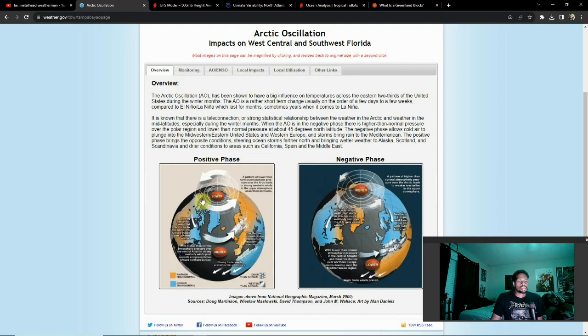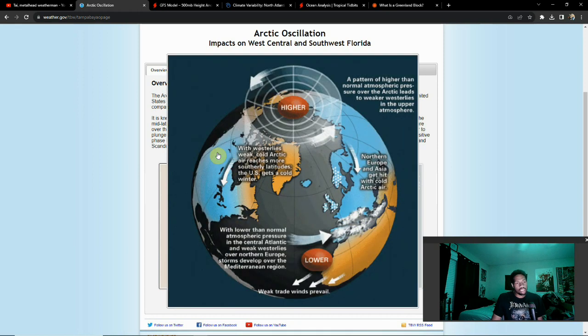So let's look at the inverse of this, which would be the negative phase, or negative AO as it's called. Higher pressure is basically, like I said, the inverse. So higher pressure existent off to the north towards the Arctic Circle, and introduces that counterclockwise motion and usually weaker westerlies. This helps a lot for cooler air to make bigger pushes to the south here, usually resulting in the US having a colder winter. And then with the lower pressure being off to the south here, this could allow increased tropical activity. In fact, I'm actually sure of it.